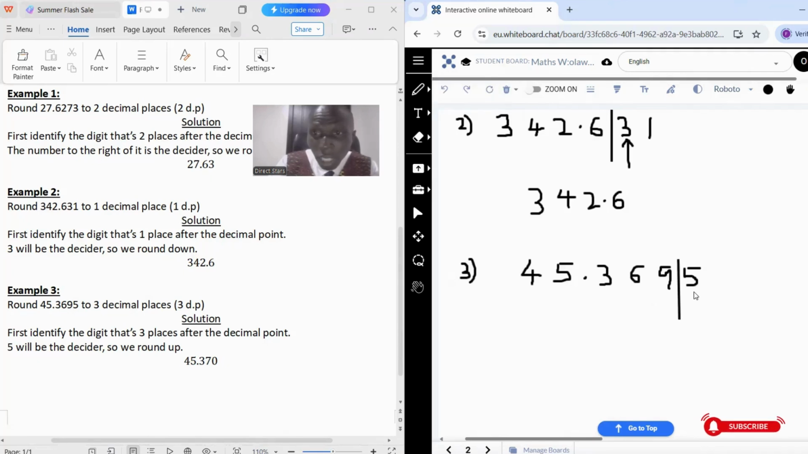So the number that is just after the bar is 5. So meaning that we are rounding up by adding 1 to this 9. And if you look at this, it is the same thing as saying that 69 plus 1, which is going to give us 70. So we're going to have our answer here now to be